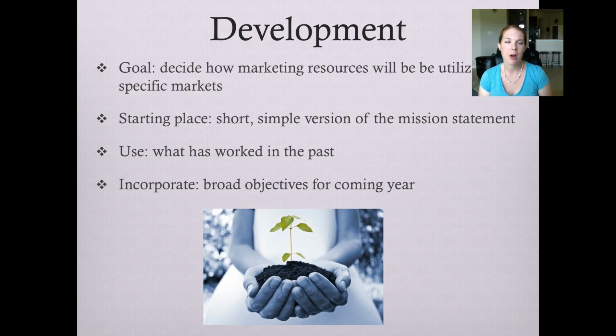So when you're developing the marketing plan, you are setting these goals of what you're going to accomplish based on the strategy of your overall business, and then you're going to figure out ways to implement them, or action plans. So you want to start with something short and simple that has to stem from your mission and vision statement, which are part of your strategic mission. You're going to look at what's worked in the past, maybe for you and for other organizations, and then you incorporate those ideas for the upcoming year. And so in future videos of this chapter, we're going to talk a little bit more in depth about creating that marketing plan and what the information stems from to decide what your objectives should be.